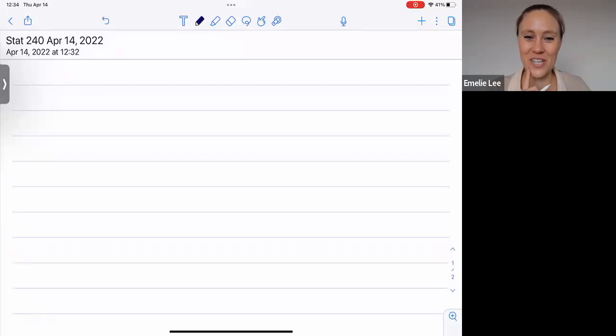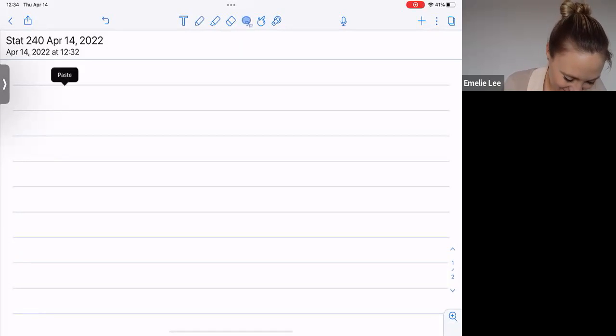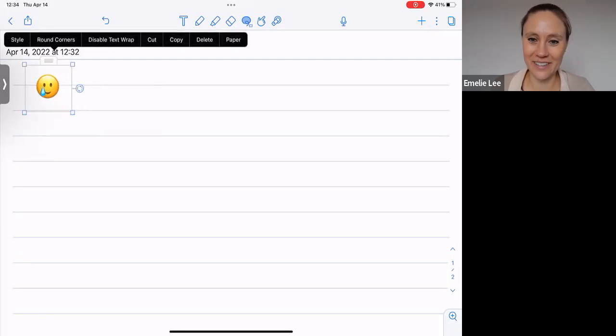The perfect emoji for the last day of classes is that little guy. He's happy, sad. I always use, or that's always how I feel. I don't know if I always use that emoji, but